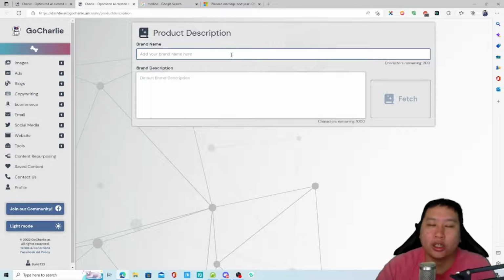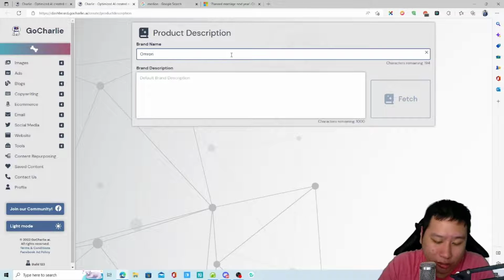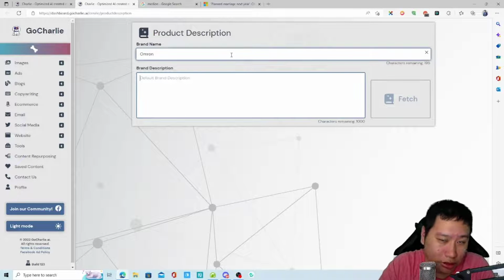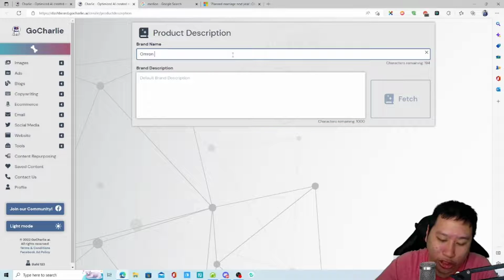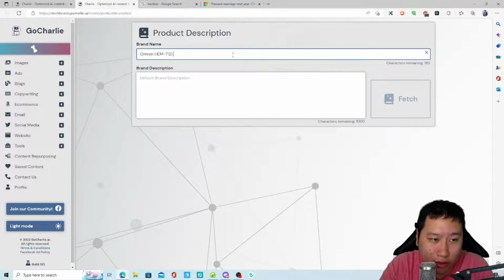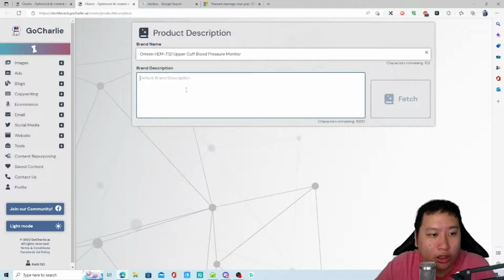So I'm gonna write Omron, right? So it shouldn't be brand name, it should be product name actually. So 7121 upper calf blood pressure monitor. Okay, so